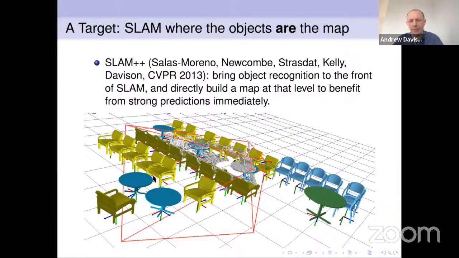Our interest in this goes back to work we did about 8 years ago in this system called SLAM++, where we built a SLAM system that operated at the level of objects. This was a system where we had prior models of a set of objects that we knew were typical in this scene. The SLAM system worked by fitting those objects to depth data and then jointly optimizing the positions of those objects and the position of the camera. It was very much like these objects became the landmarks in our SLAM system. We've continued working on this idea and trying to tackle some of its weaknesses. Most obviously, the objects here are fixed, and we can only map exactly these types of chairs and tables in this system.